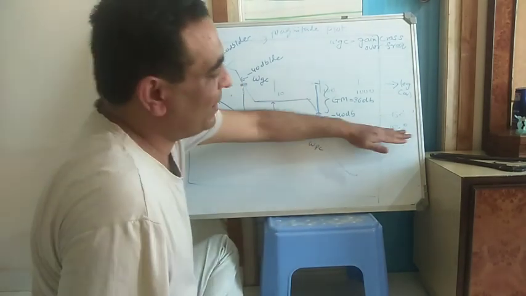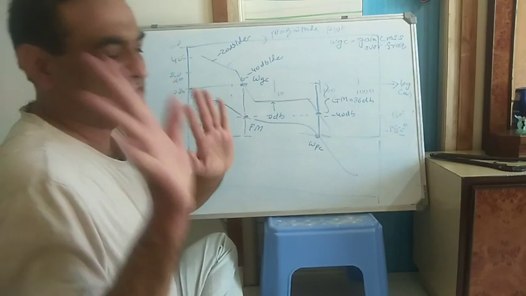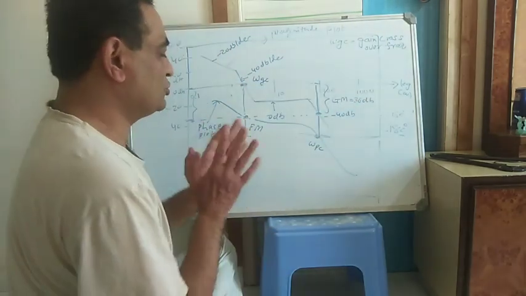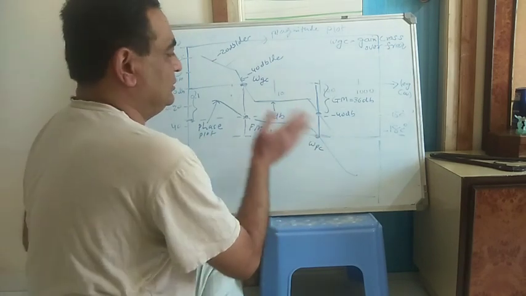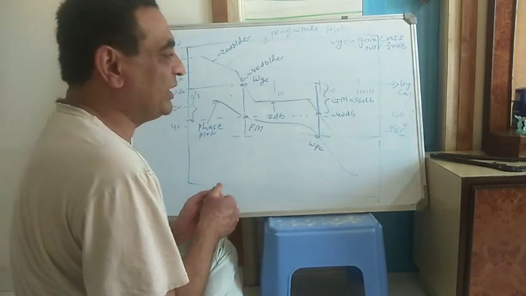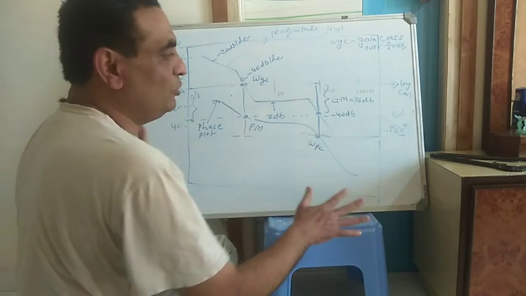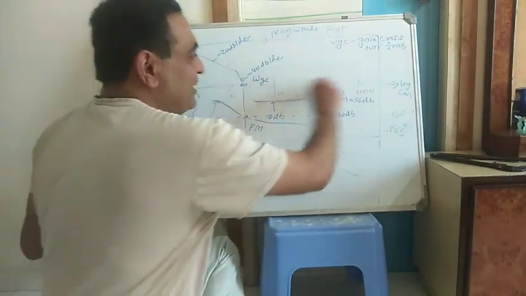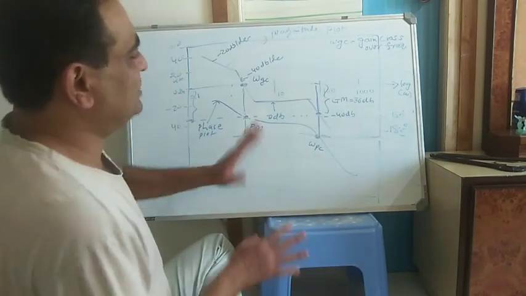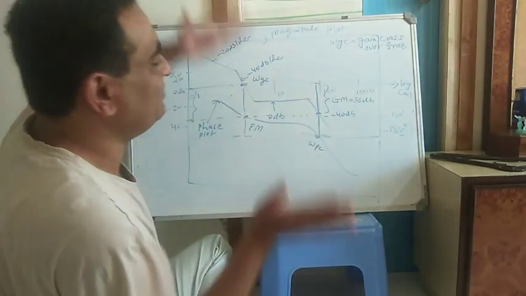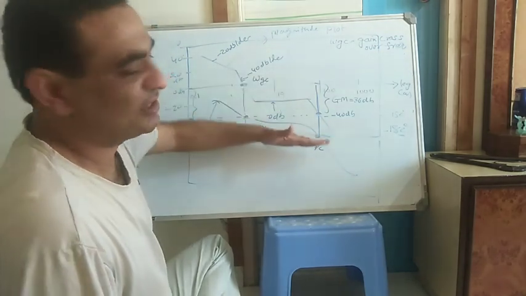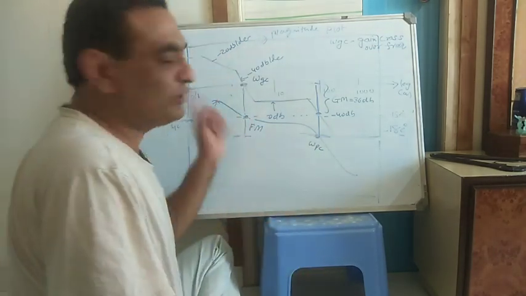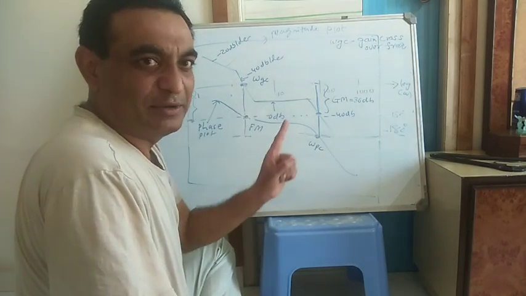If you draw the minus 180 degree line here, then this statement is not true. Of course, you can draw it anywhere, but just to make you understand how to find the positive or negative gain margin, this is the best rule: you draw the minus 180 degree line below the 0 dB axis, and check that the gain margin and phase margin are in between the 0 dB line and the minus 180 degree line. If they are in between, then straight away both are positive. If both are positive, the system is stable.